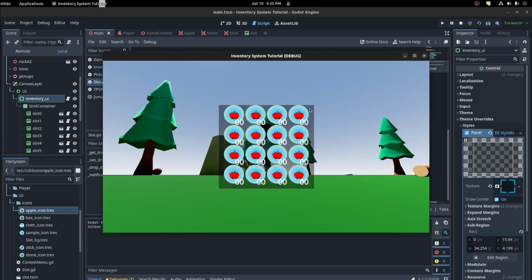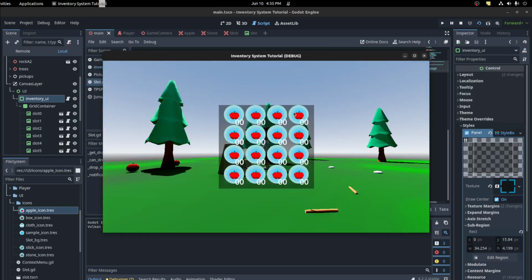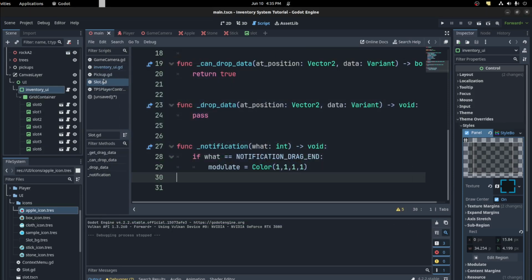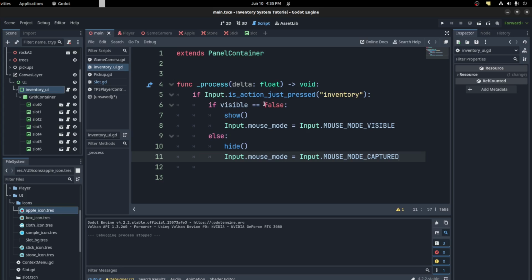And now we could drag now. Now let it go, resets. Alright, so let's make the inventory hidden by default. We could just do this on ready here. Func